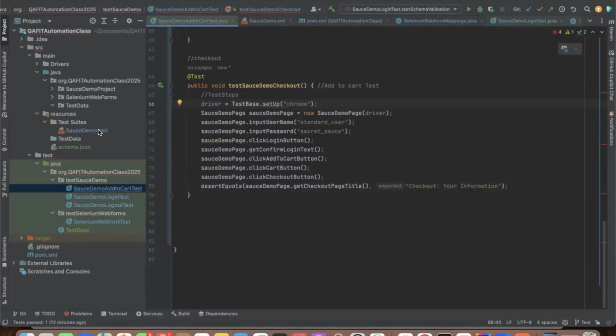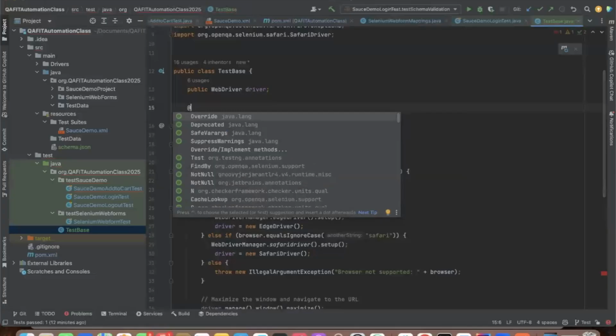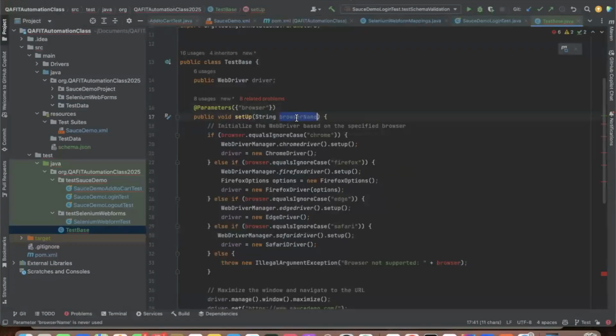Or let me do it in a better way instead of setting it here. We can do something here and say add parameter, add parameters, yep, browser name. Then I can make all of this like this, yeah,